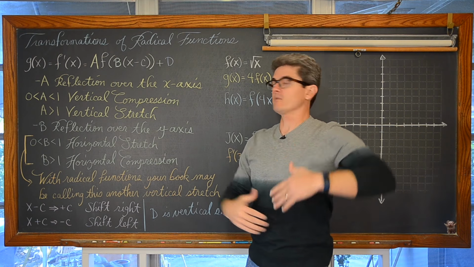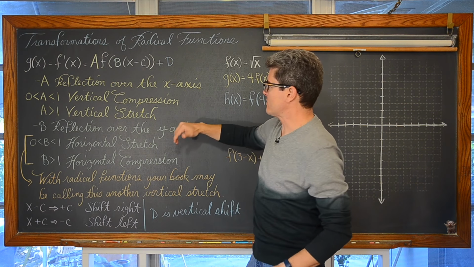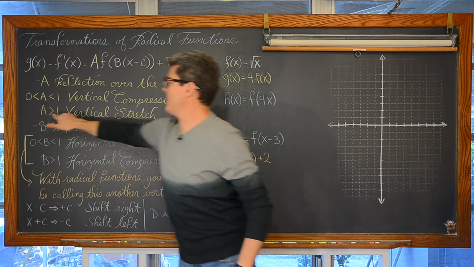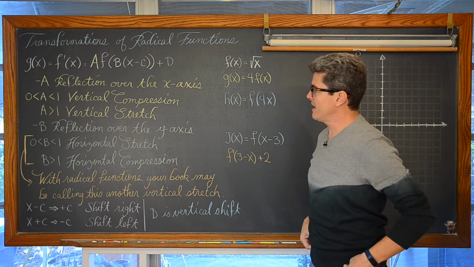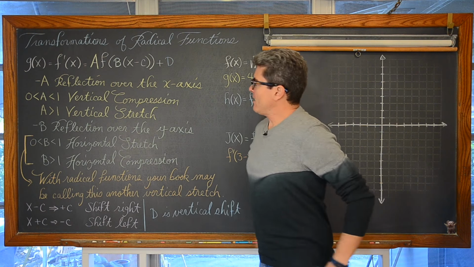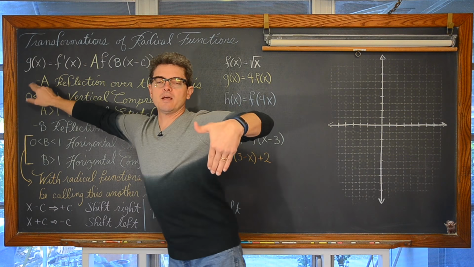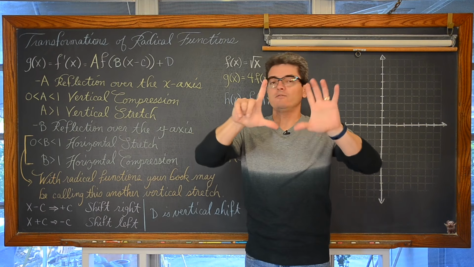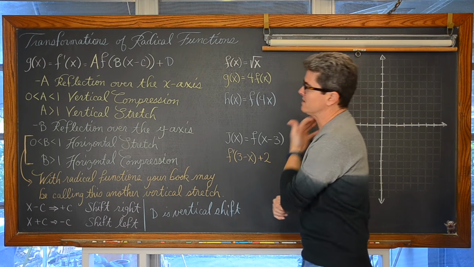That's, of course, before there is any kind of vertical shift applied, because you multiply before you add or subtract with order of operations. And if your coefficient of a is greater than 1, then you have a vertical stretch in reference to the x-axis. Now, if your leading coefficient is negative, that's going to take your graph and flip it over the x-axis. So like a standard parabola opens up, if you've dealt with those, and if you have y equals negative x squared, it's going to reflect it over the x-axis and have it opening down.